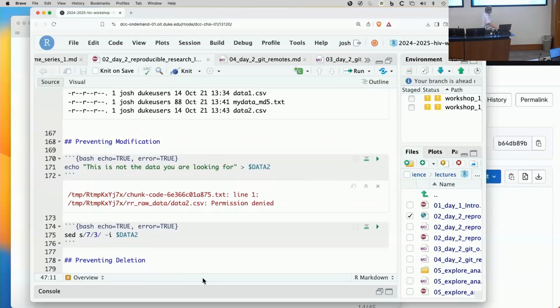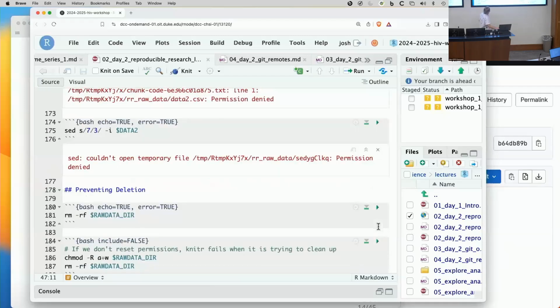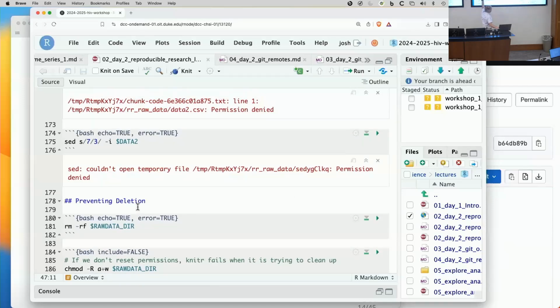So I can do the same thing I tried to do again. I can try to change a 7 to a 3. Now it's already a 3, so it wouldn't do anything anyway, but just trying to change it is going to give me an error message, permission denied. You can't do it. And then if I try and delete it with this command rm, which is how you delete files, actually try and delete the whole directory. Right, so, not necessarily a smart thing to do. It's also going to tell me,